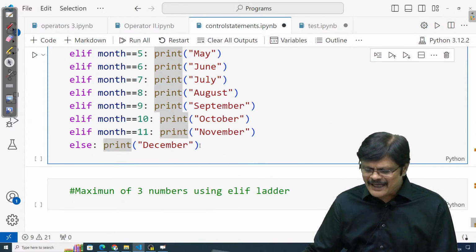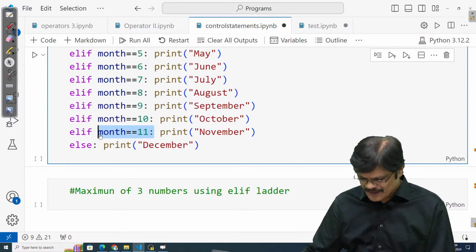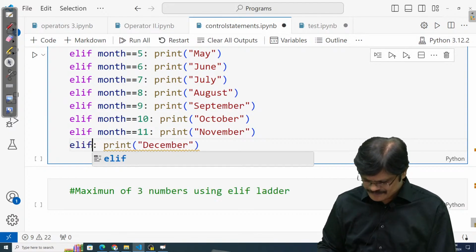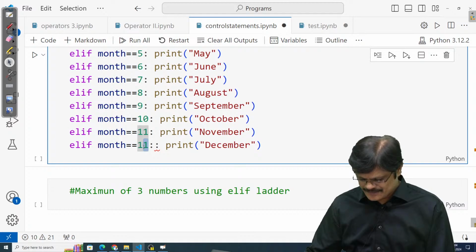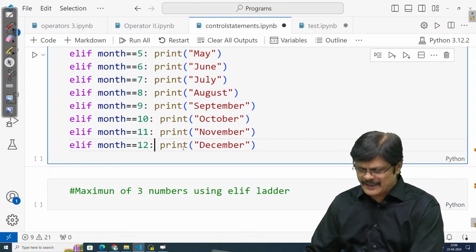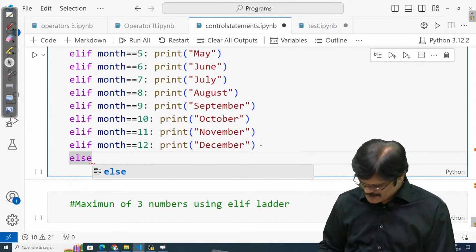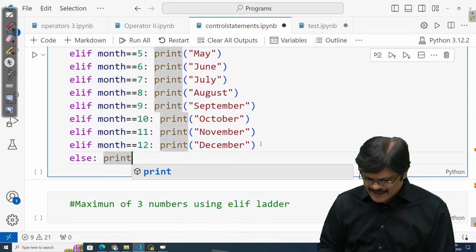You can also write month 12 here, so let us make it as elif. If it is 12, then you can print December. And else, that is, if he enters any other value, you tell him that,